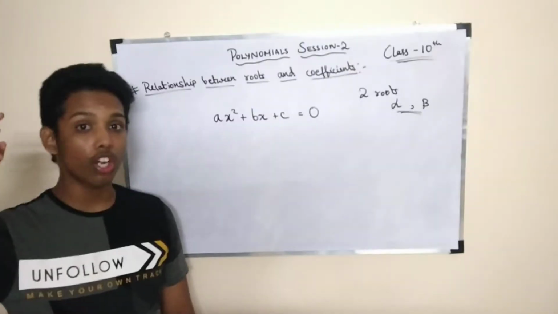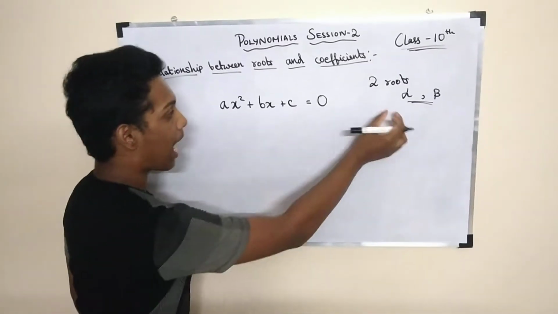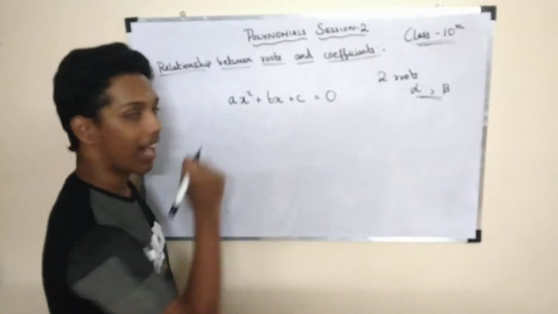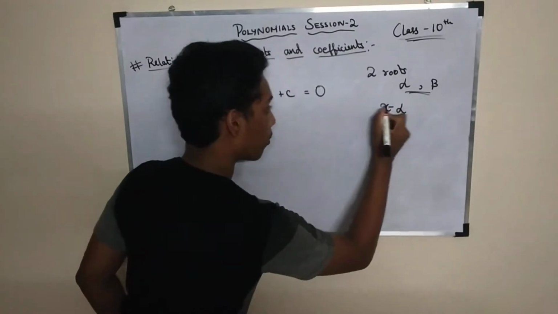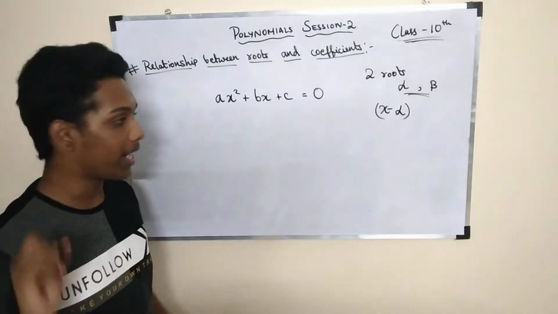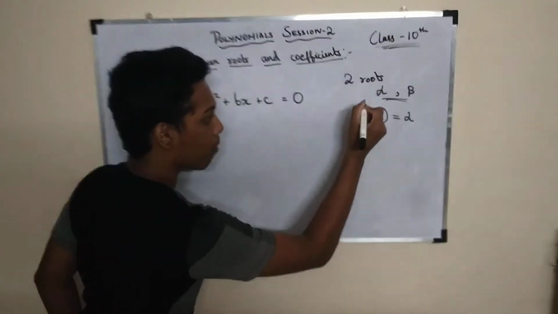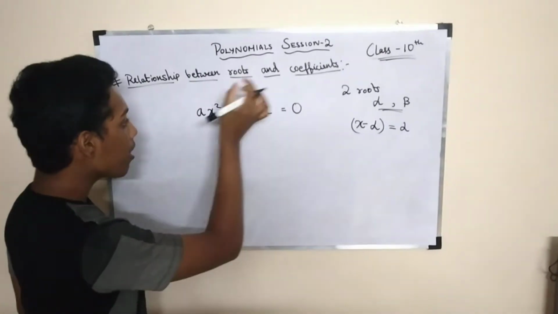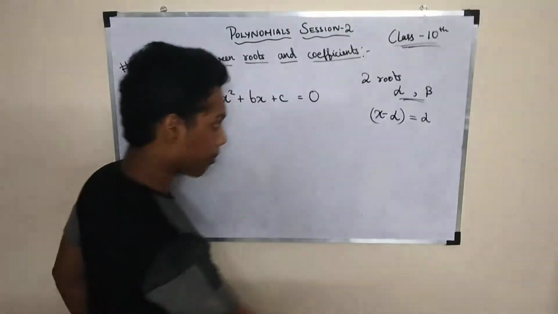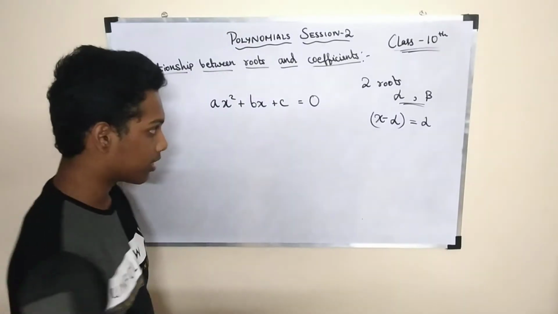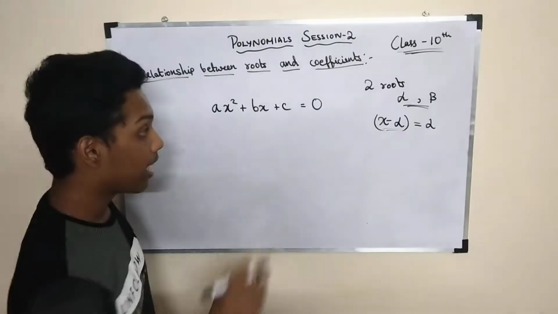Now if you recollect what you have learnt in 9th grade, polynomials, the remainder theorem: if you take alpha as the root, then what would its factor be? It would be x minus alpha, because the root of x minus alpha is alpha, since alpha minus alpha becomes 0. So this alpha, if replaced in this equation, also gives you 0. Hence, according to the remainder theorem, x minus alpha will be a factor, where alpha is a root.